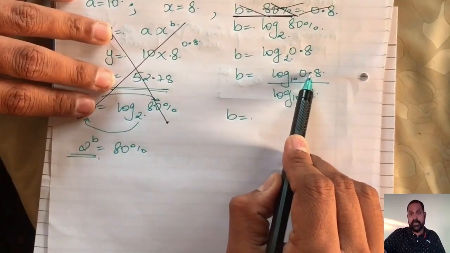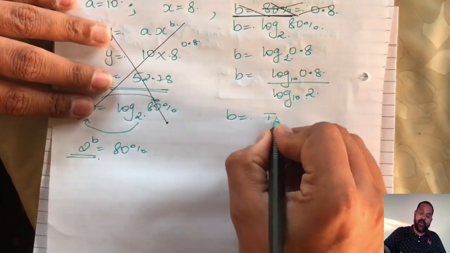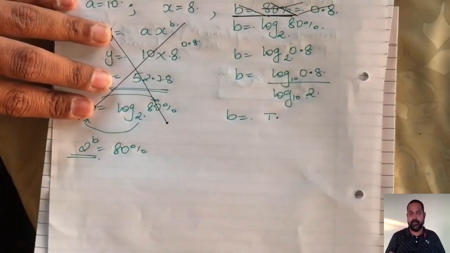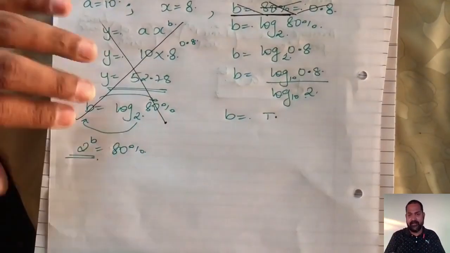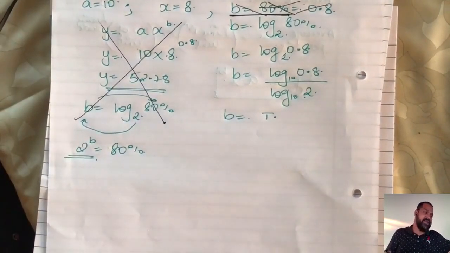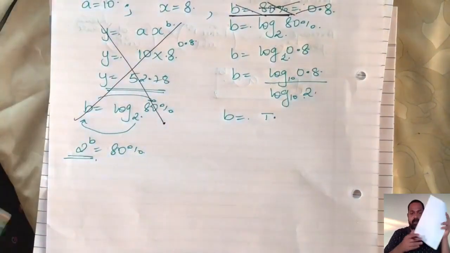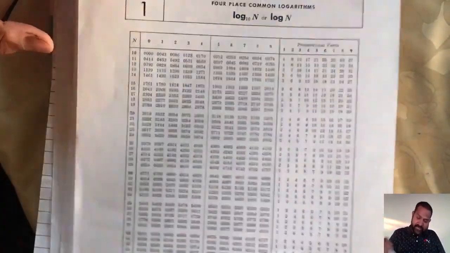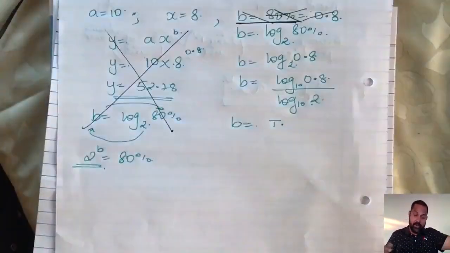0 minus 1 is minus 1, or bar 1. Point. What is 0.8 without the decimal? 8. I can't look for 8. Well, then look for 80, because 8 and 80 is the same log. Log of 80 is going to be 9031. So it is going to be bar 1,